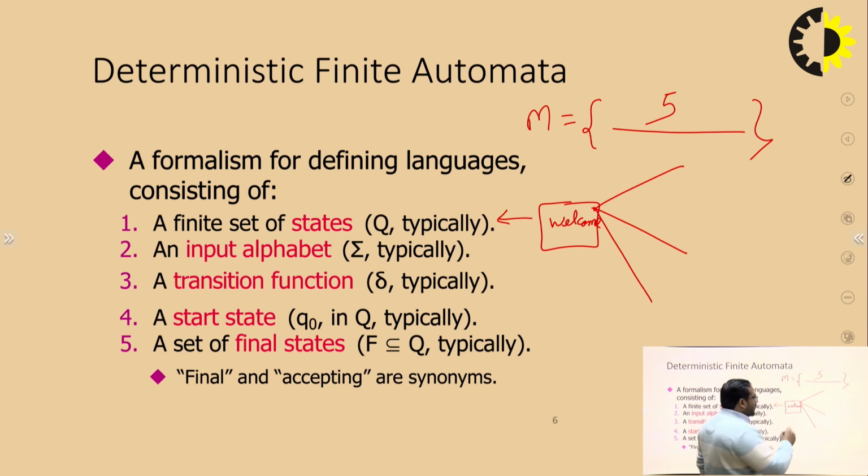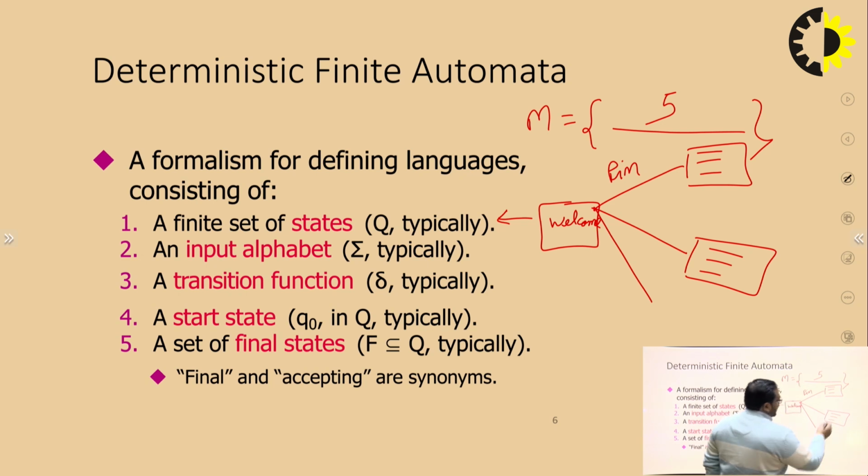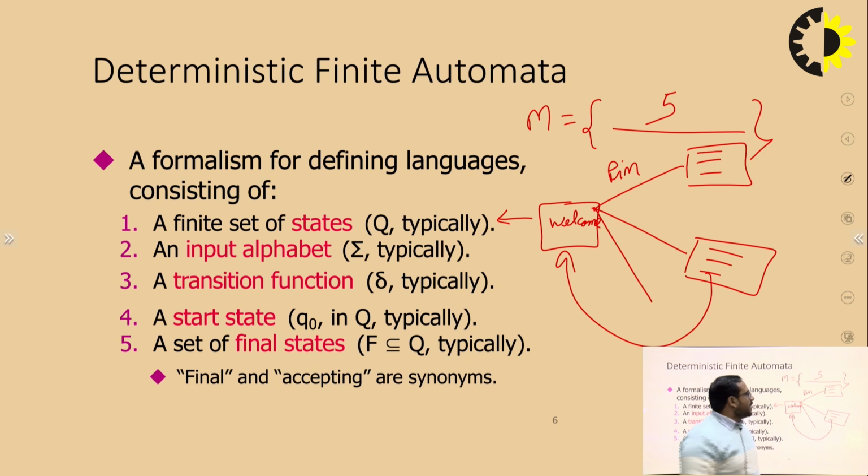Suppose we give the correct pin, it goes to another state where some options are there. If I give the wrong pin, it goes back to the welcome message. When the pin is correct, it goes into a different path, like you want to withdraw,